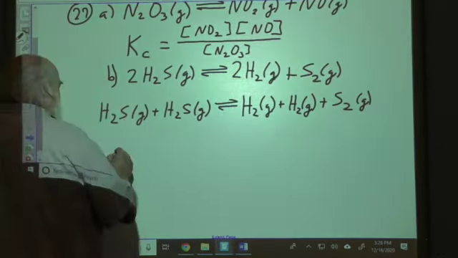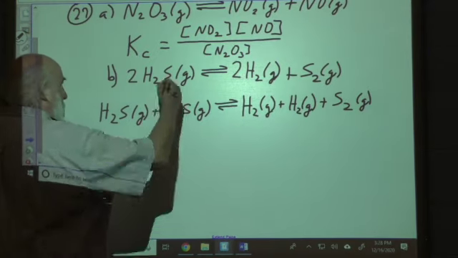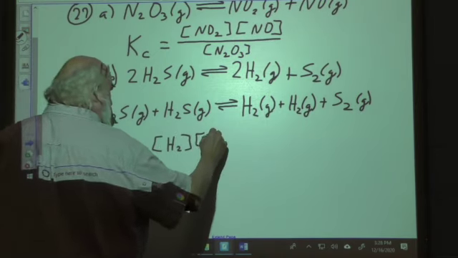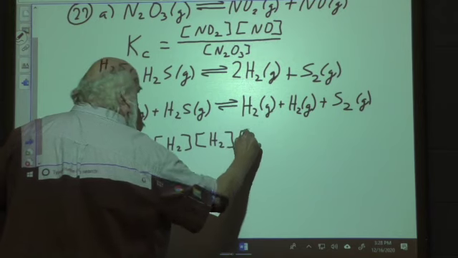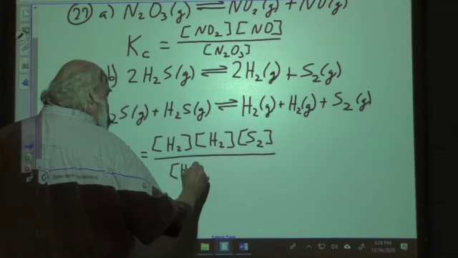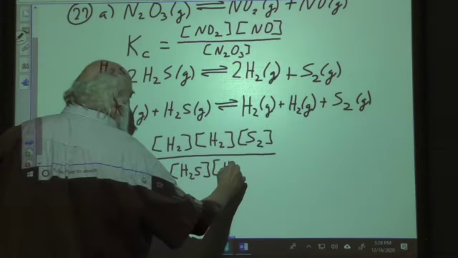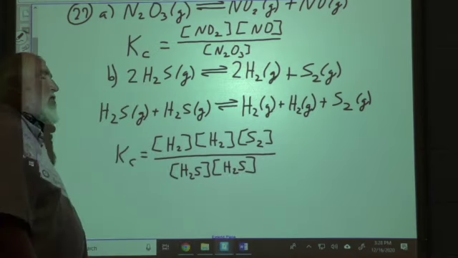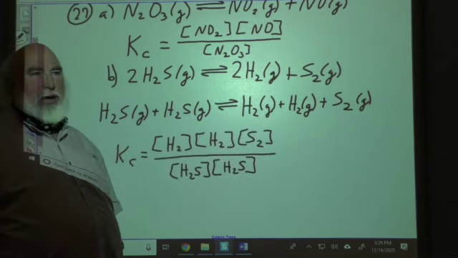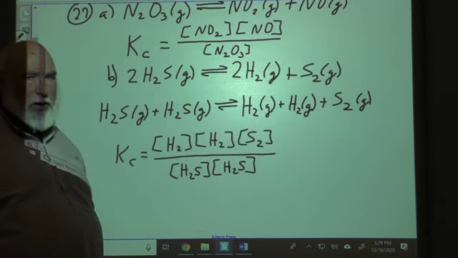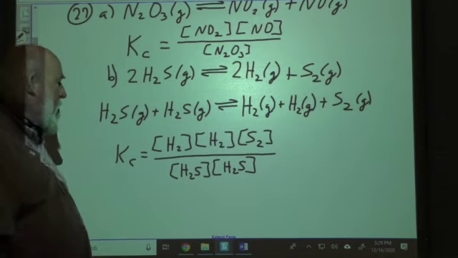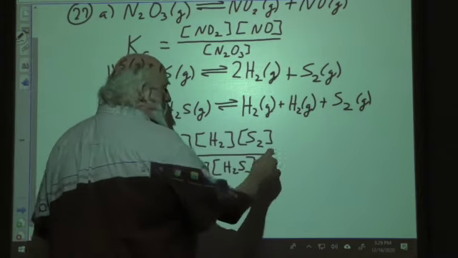So that means, according to KC, what we did up here, this is going to be the concentration of H2 times the concentration of H2 times the concentration of S2, all over the concentration of H2S times the concentration of H2S. Now, who wants to write all that stuff down, right? So that's what God invented exponents for, or whoever invented it. I believe it might have been some Indian mathematician who actually came up with that concept, but I'm not 100% sure on that. But regardless, we can turn this into H2 squared on top